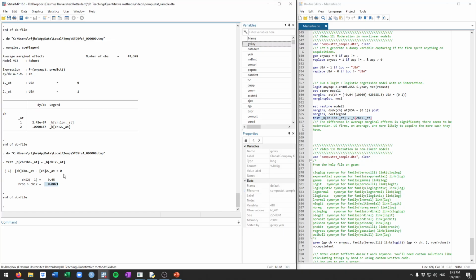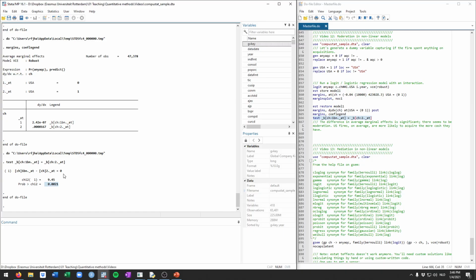And even though this was quite advanced statistics behind the scenes, as you can see, there's not that many additional steps required compared to moderation in linear models. So even though now we have a much more complicated model, as well as much more complicated follow-up steps in terms of statistics, Stata makes our life quite easy. So if we run a Poisson model and we do the same interaction and we do the same follow-up steps, we can interpret things exactly the same way as what I've done here. So that's really a key benefit of Stata, is that it enables us to do these very advanced statistics in a very straightforward and rather simple way.